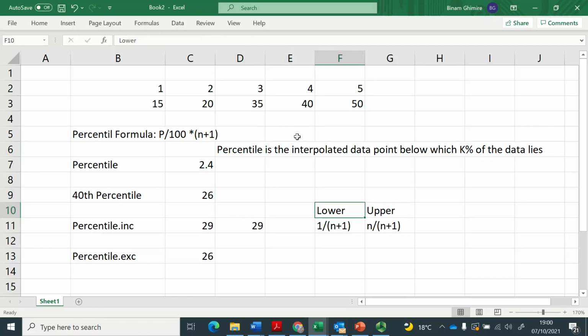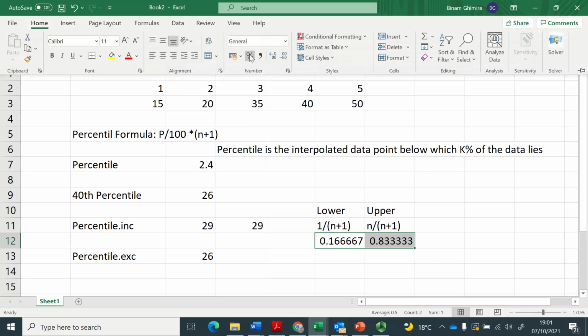What you need to remember is Percentile.EXC in fact uses the algorithm which is going to avoid the k percentage below this and above this. So therefore lower and upper bounds are important. So what I'm going to do next is try to find the lower and upper bound here. If I do 1 divided by n plus 1, here n would be 5 because I've got a total of 5 numbers, so 1 over 6 gives me this. And for the upper bound, that would be 5 divided by 5 plus 1, 6. That's 83% and